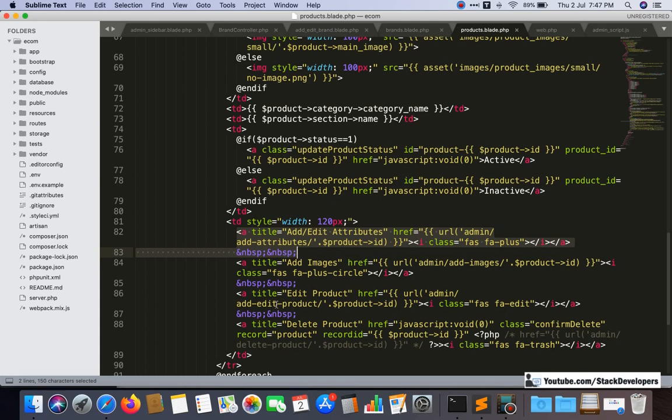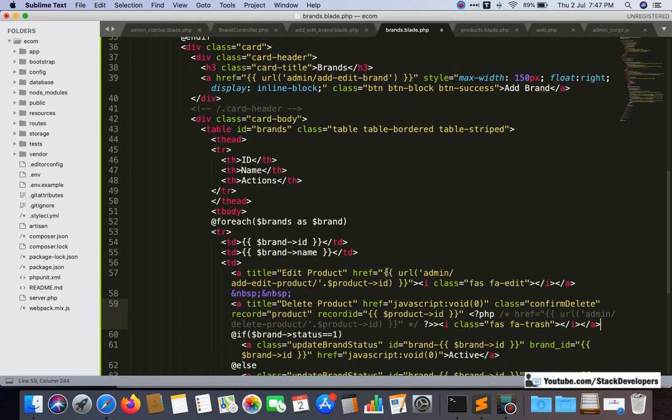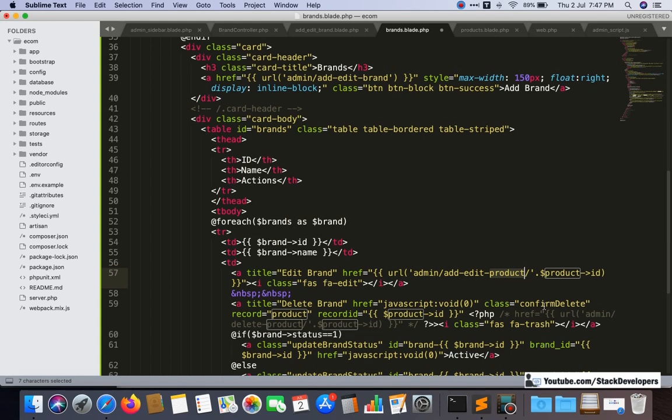We are going to use those icons as well, edit and delete. Both I am going to copy from the product, paste here, and make edit brand and delete brand.